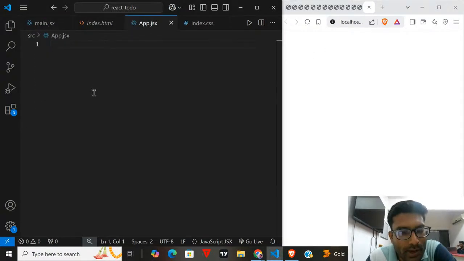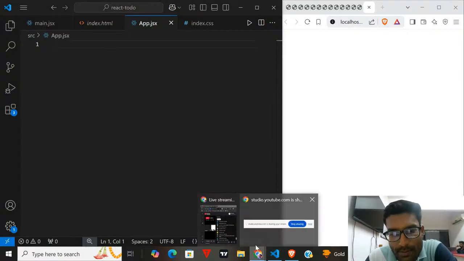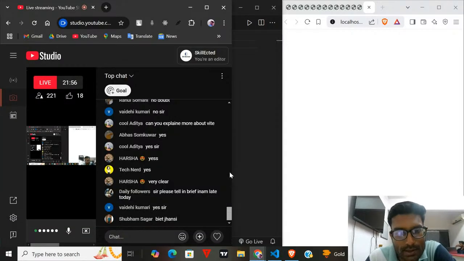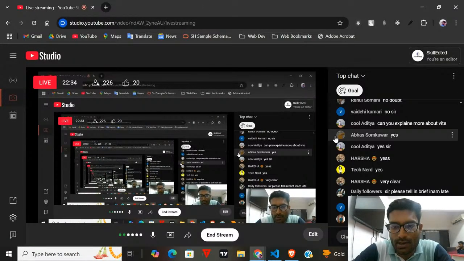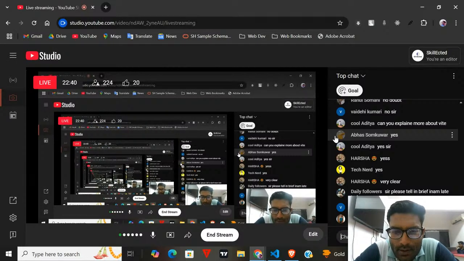So how can you make components? What are components? In React you have two types of components. One is the function based components and the other one is the class based components. After React 12, we don't use class based components. After that version, we have shifted everything to function based components and hooks that we use in React.